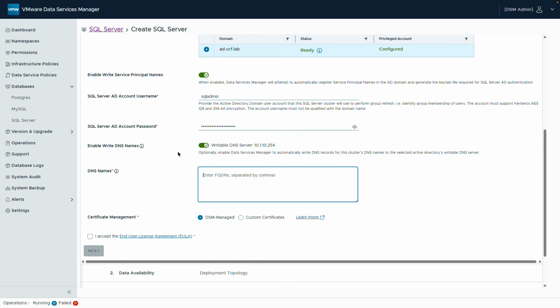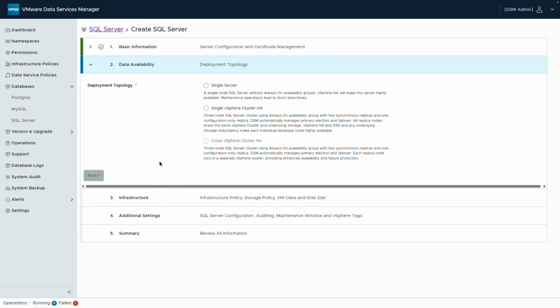And we're going to enable write DNS names. This is the IP address of our AD server that is acting as a DNS server. And we can enter a fully qualified domain name. And DSM will go in and create a forward and reverse record for this FQDN. That way we can access it through the name instead of IP address. Very convenient. All right, so to get going, we need to accept the Microsoft EULA and move forward to selecting